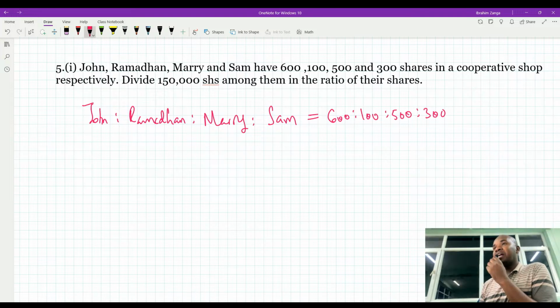So the amount now to be given to John, first of all, you have to add these numbers here. So I'll be adding 600 plus 100, that is 700, 1,200, 1,500. So I'll be taking, for John